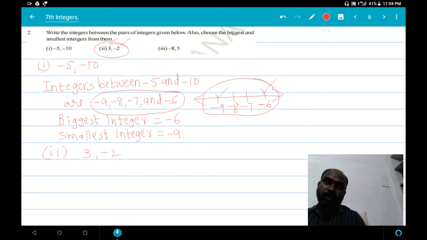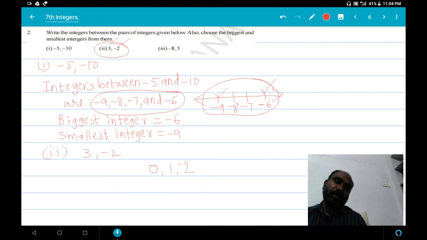We need not draw number line here. Already we understood how the number line is drawn and how to represent integers on the number line. So we start from 0, here 1 and 2,